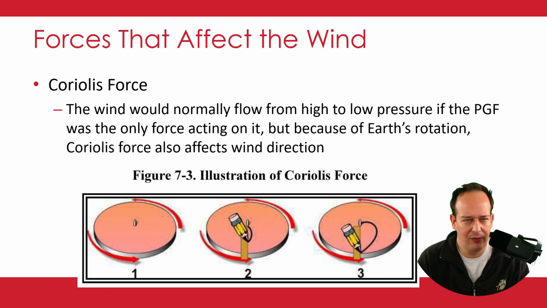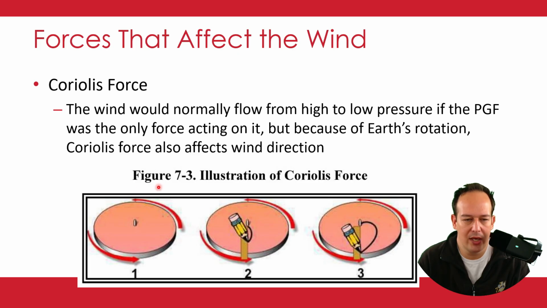All right, so the next force that affects wind is Coriolis force. So if pressure gradient force was the only factor that affected wind, then it would just flow perpendicular to isobars. But that's not the case. And so Coriolis force, what it does is it actually